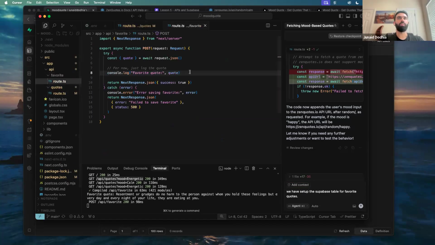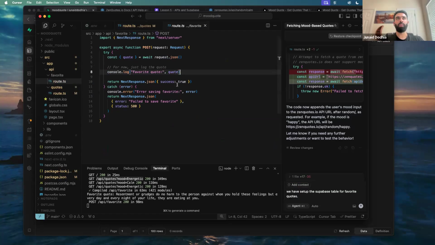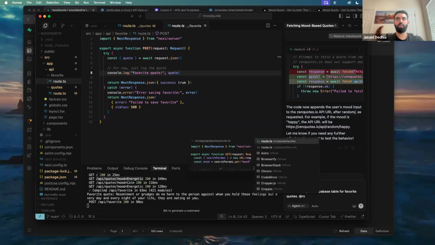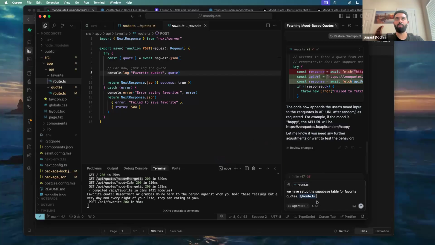If you look here, this is the route, and it's only logging the quote. So we want to update this route with favoriting the quote. So I'm going to go to add route under favorite and say we have set up the Supabase table for favorite quotes. Let's add the functionality